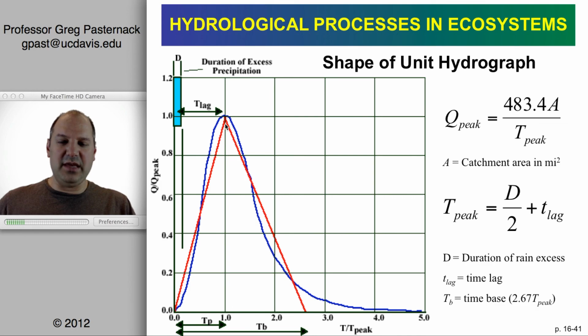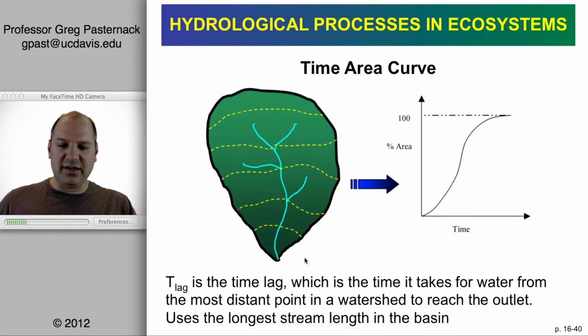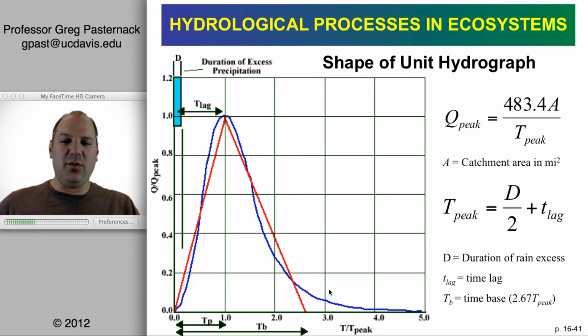So what is the peak? Here I talked about the time lag. It's the time it takes for water from the most distant point to reach the outlet. Presumably when that's happening, it's going to be associated with the peak, but maybe it's not always that way. Okay, now I got it. Time to peak, there we go. So time to peak is the time from